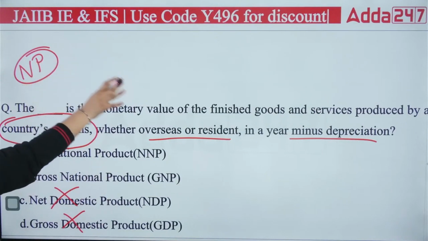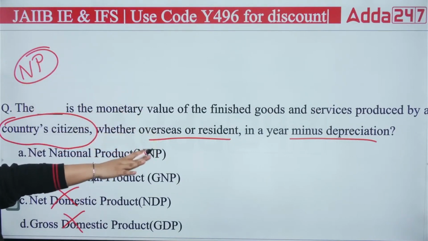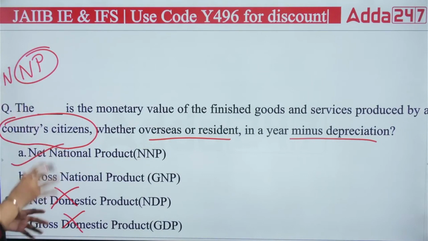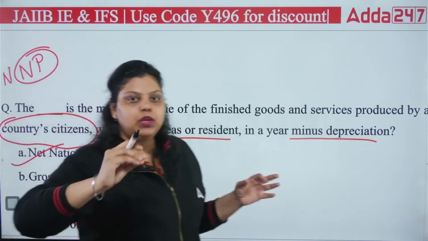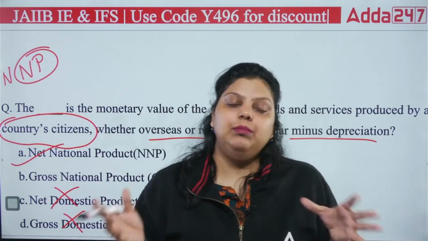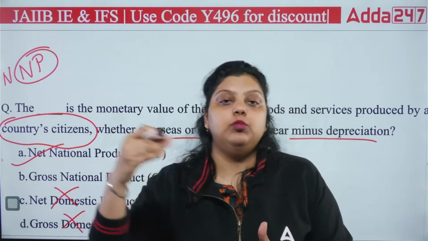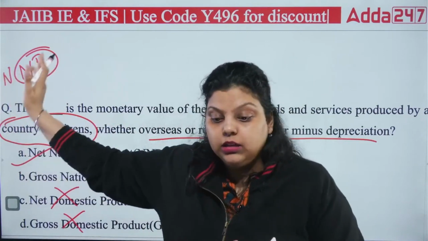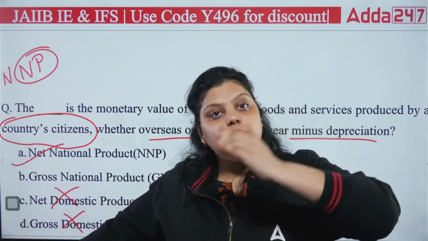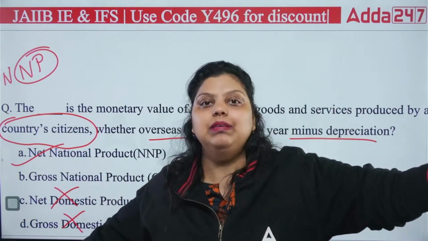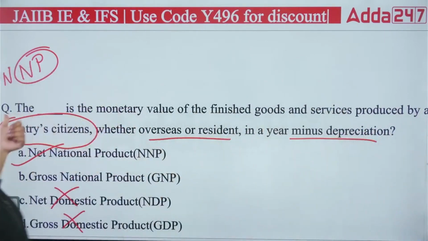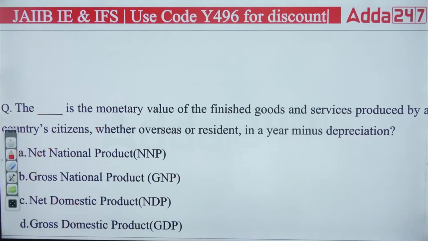But in national product, you are subtracting the depreciation. It means it is a net national product. Simply follow the concept here, follow the keywords here. If it is saying that the production has been done within the geographical boundary, it should be a domestic product, but it is saying the production is done by the country's citizens, it is a national product. After that, it has said that depreciation has been subtracted. So, it is not a gross value, it is a net value. So, the right answer will be NNP, net national product.